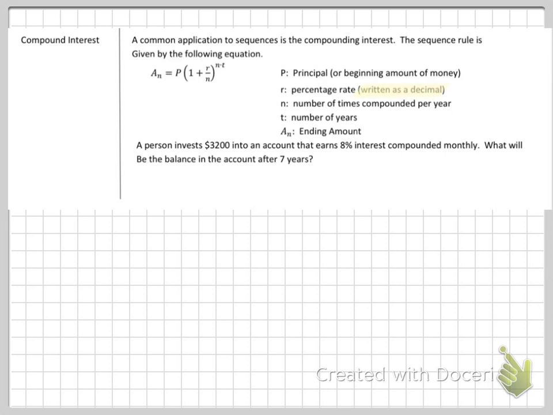So they'll say like weekly. Well, if there's 52 weeks in a year, it would be compounded 52 times. Or it'll say like quarterly. Well, there's 4 quarters in a year, so it would be compounded 4 times. T is the number of years, and A_N is the answer. So looking at that example,